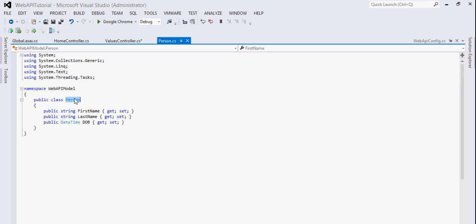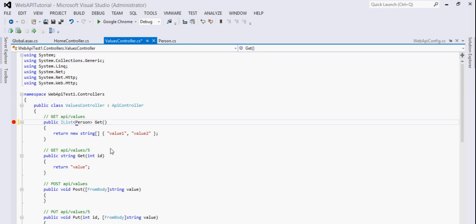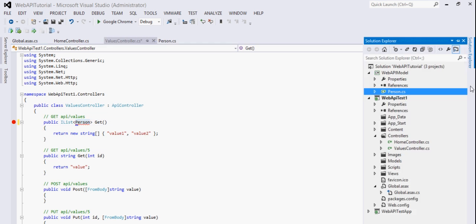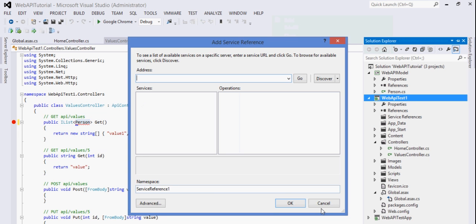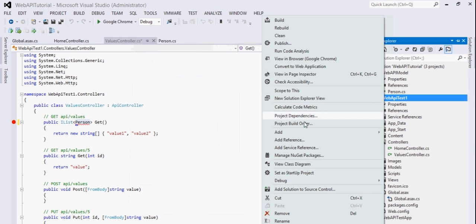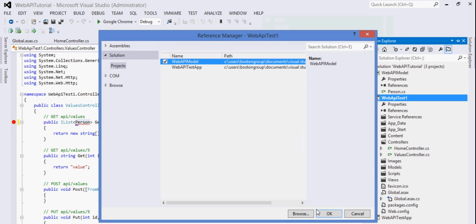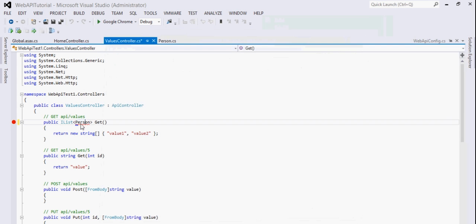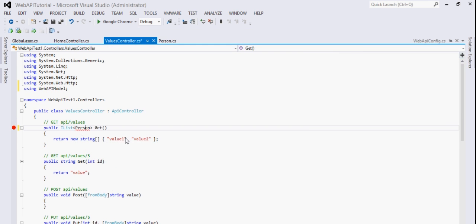In here I have this Person class. So I would like to return the collection of persons from here. So to make this class available here, let's set the reference to the Web API model project. Now go to that reference, the web model. Let's resolve it, and then you can see the Person